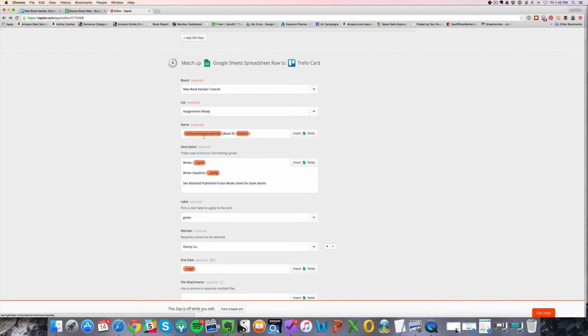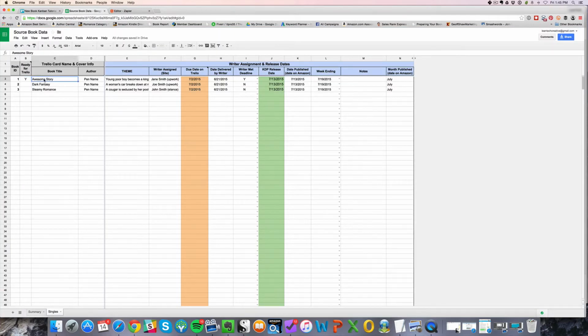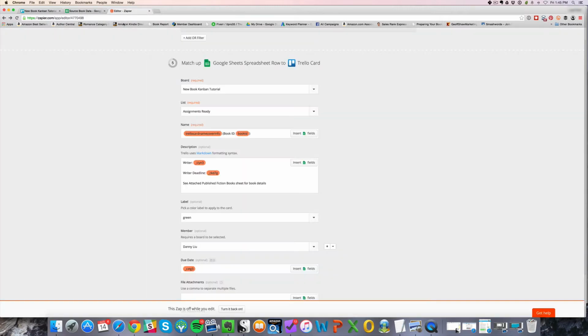variables. These are information. Basically, the variable means that it's sourcing this information from Google Sheets. So I use Trello card name cover info as a title for my new card that gets created in Trello, and that information is sitting right here in column C, Trello card name and cover information. So once I do that,